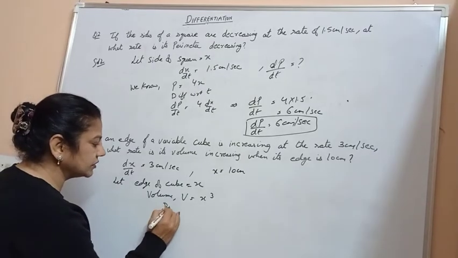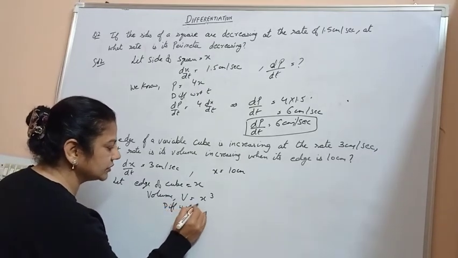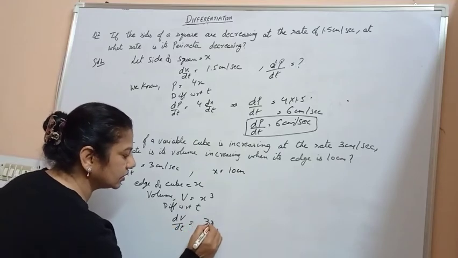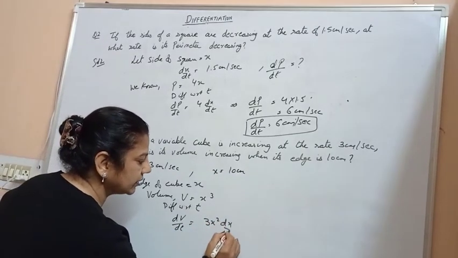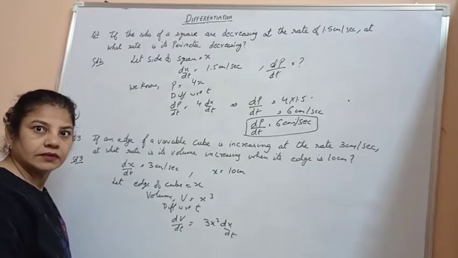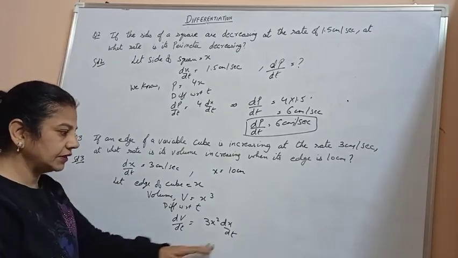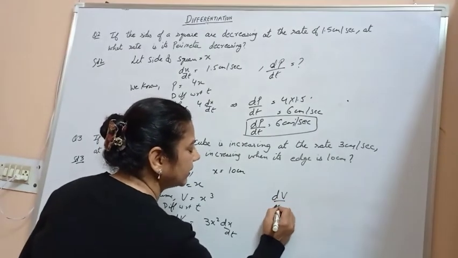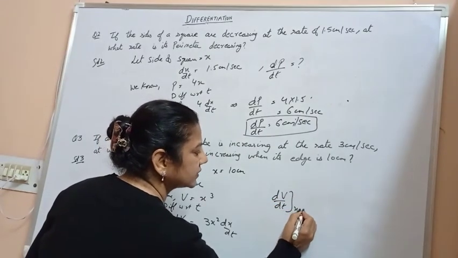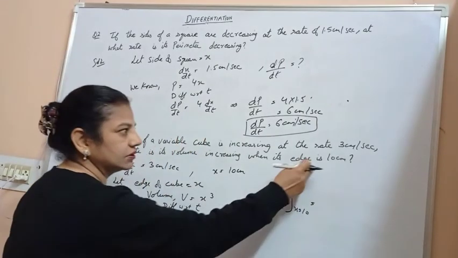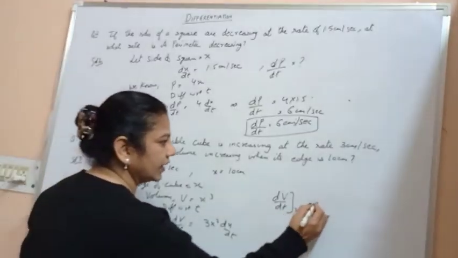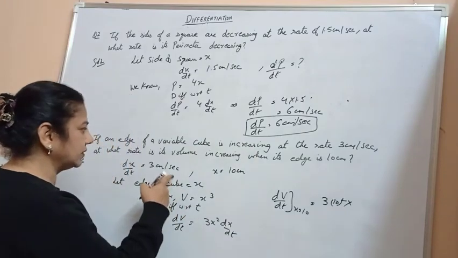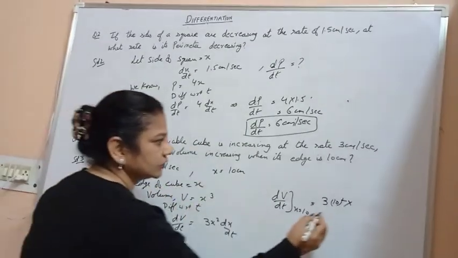is equal to x, then volume of cube V is equal to x cube. Then differentiating with respect to t, we get dv by dt is equal to 3x square dx by dt. Substitute the value of dx by dt as well as x, we get dv by dt at x is equal to 10. Edge is given as 10. So we have 10 square into dx by dt,